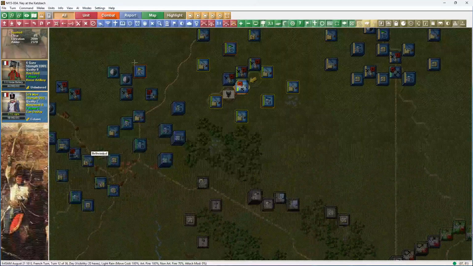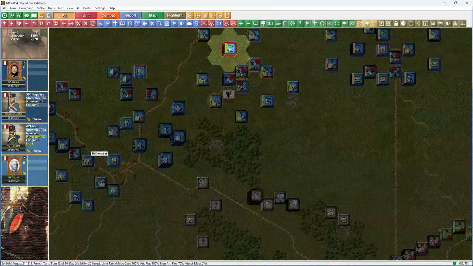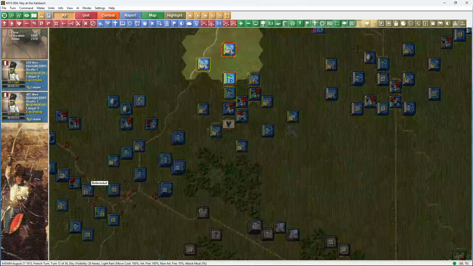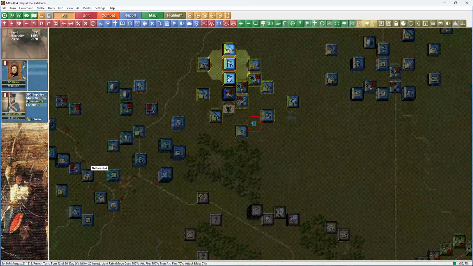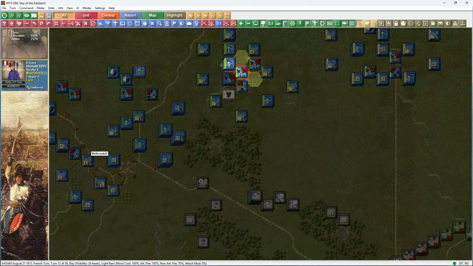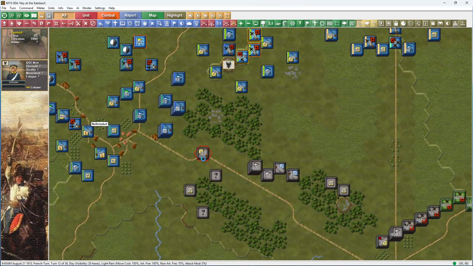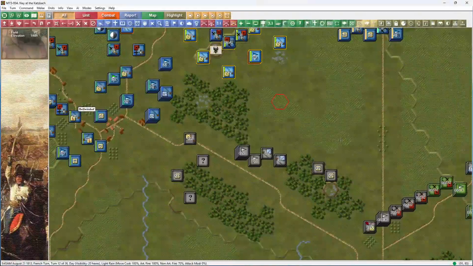You're supposed to be there, thank you. Yes. General Zatucci. There we go. So yeah, by going that extra hex forward, for one, it will get me closer to potentially cutting this lot off. He won't be able to